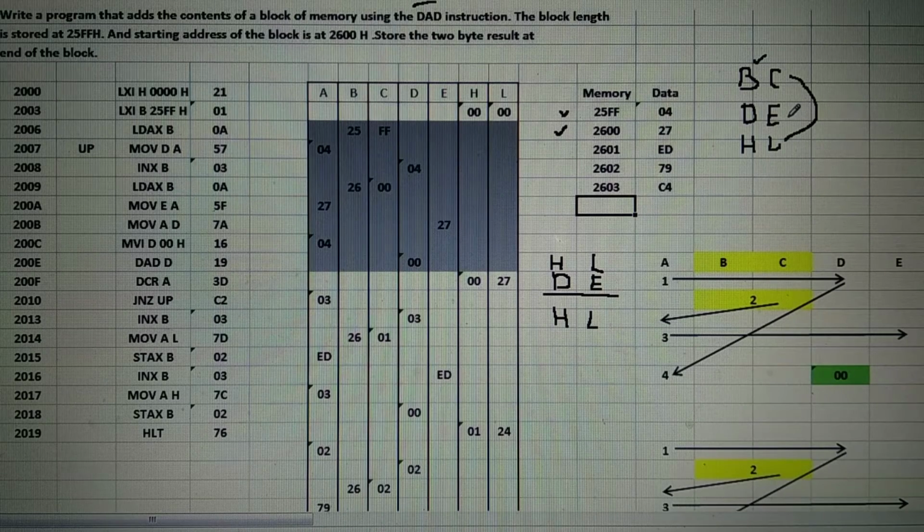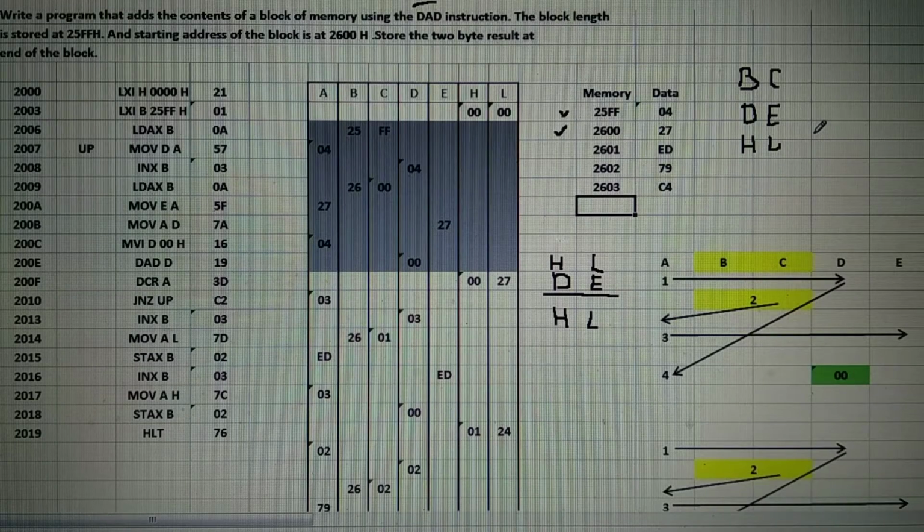When DAD D is executed, content of DE is added to HL, result stored in HL. And when DAD H is executed, content of HL is added to HL and the result is stored in HL. This is related to the DAD instruction.